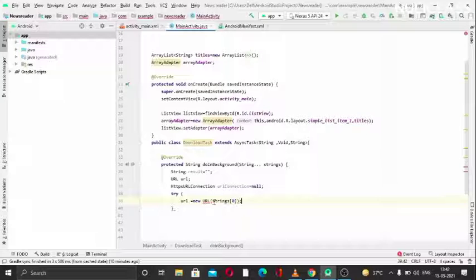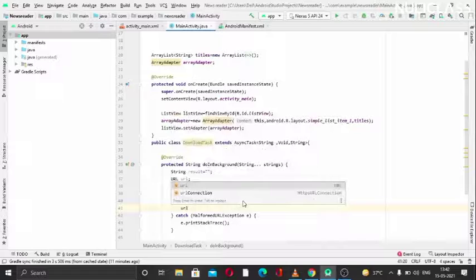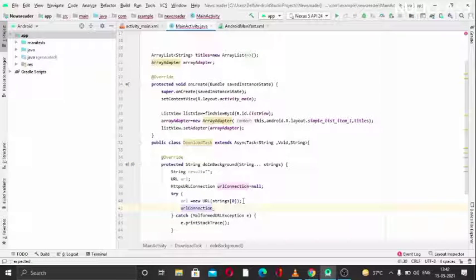Now this seems to be fine, I guess. It is showing an error. Let's see, add catch clause. That's because I haven't added the catch clause, so this will show an error. I will keep it like this for now. We will first write the code for try. Now I want to set up a connection, like the URL connection we used it for. We first need to open the connection.